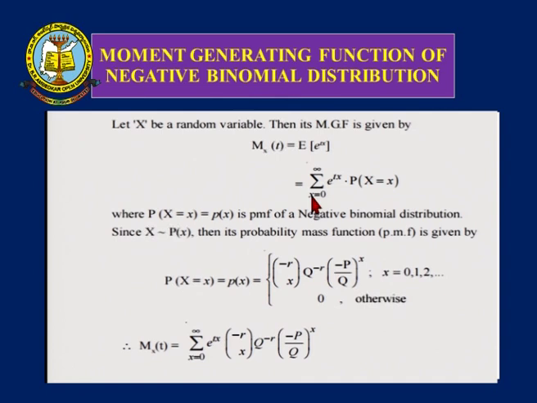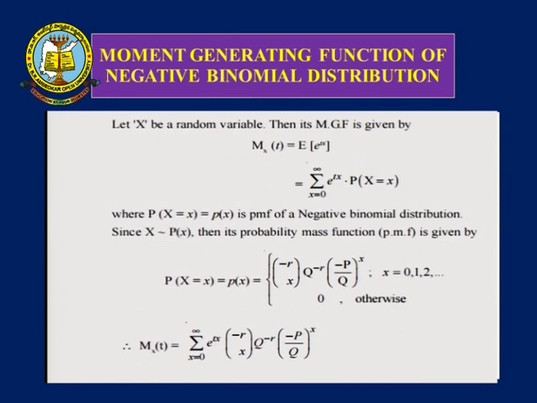Now, summing over x equal to 0 to infinity, e to the power of tx into P(X = x), where P(X = x) is the probability mass function of a negative binomial distribution. Since X follows the negative binomial distribution, its probability mass function is given by